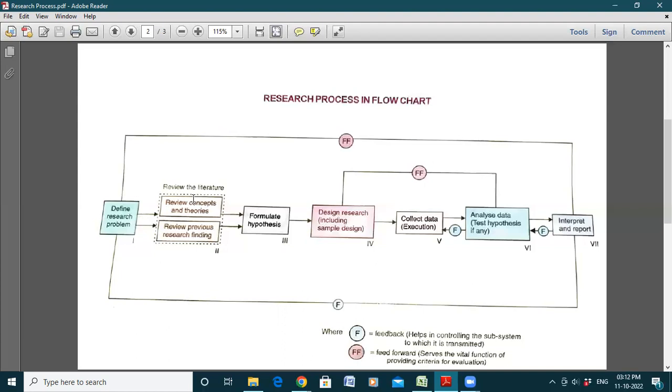Now, when you perform or when you carry out the literature review, then what would happen? You will have idea about the already existent literature or already existent research on that particular topic. Also, you'll be able to find out the gap